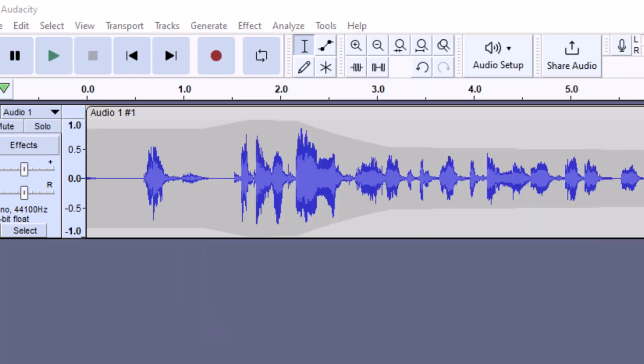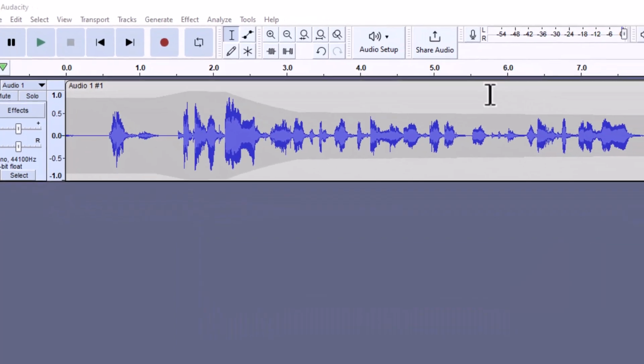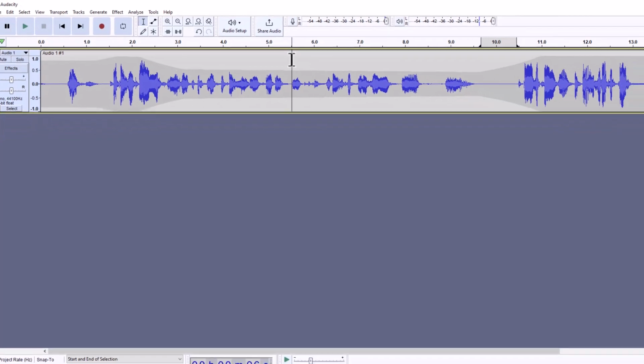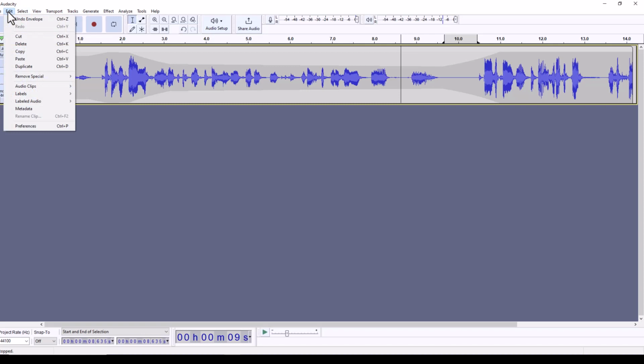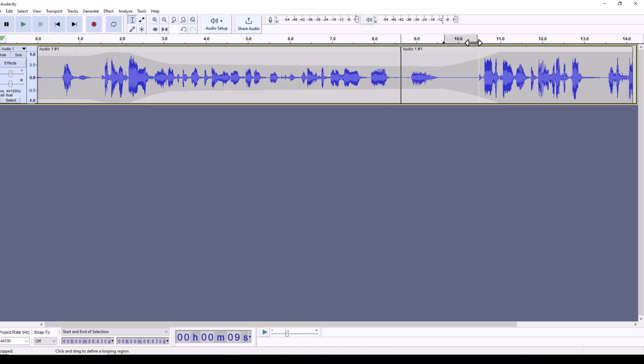And if you just want to separate things into multiple clips, you can do that. So you will position your playhead, like say I wanted to pause right here or maybe right here, because this is a natural pause. I want to pause right here. It looks like I'm transitioning between two different things. So I'm going to just put my little playhead right there where I want it to split it in two. And then I'm going to go up to Edit, Audio Clips, and Split. And it's just going to take it into two.